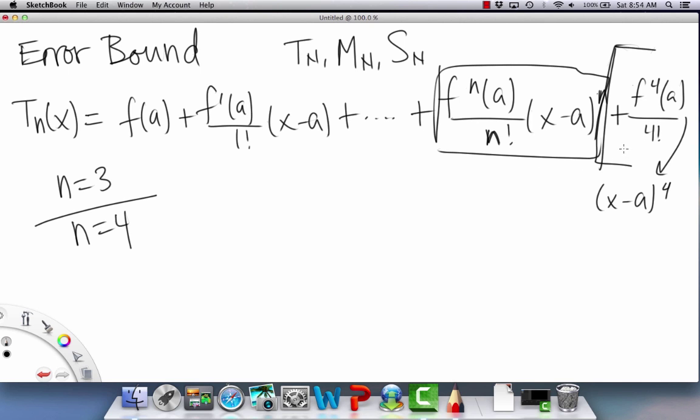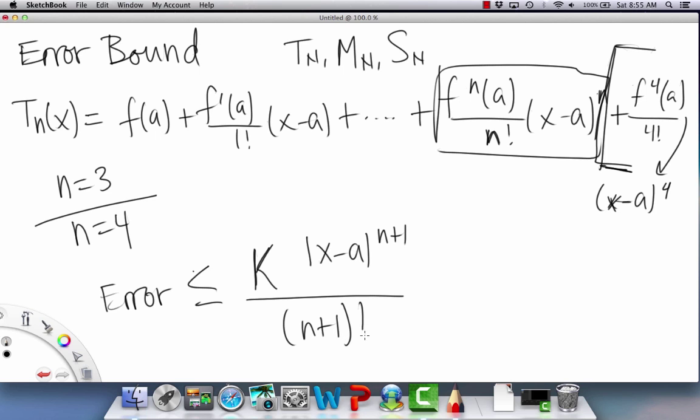And that's where our error comes in. Because by cutting the rest of the terms off, you get less accuracy. Okay? So here's where I was just explaining where the error term comes from. So it's going to look similar to what we did before, like I said. Error is less than or equal to k, and again, I'll explain what k is, times x minus a to the n plus 1 over